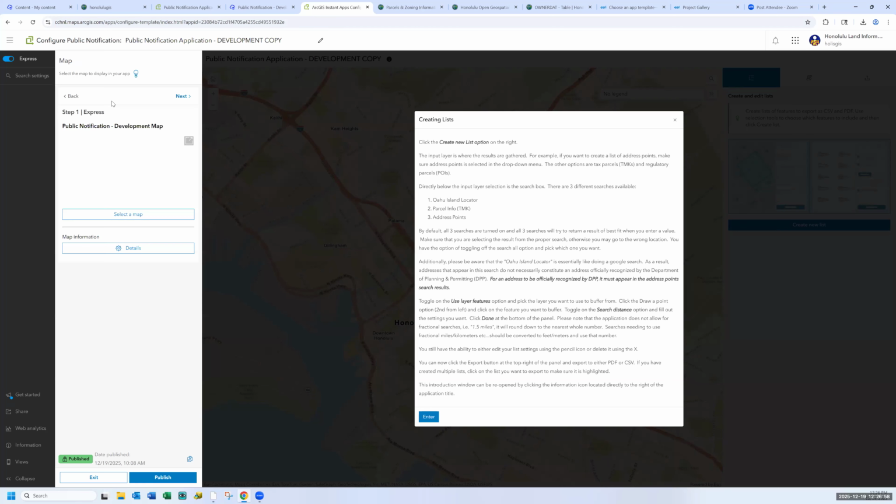So for instance, if I leave express mode on, all it's going to say first is what web map do you want to use? You just select the web map, and I believe it'll pull up all the options from within your ArcGIS Online organization. You can always expand it to search for things in the Esri Living Atlas or whatever else would be available to you. It gives you the option to have the app title up here,